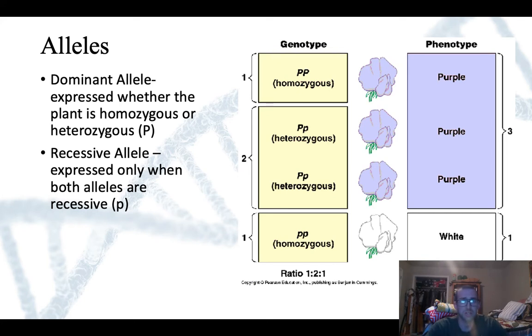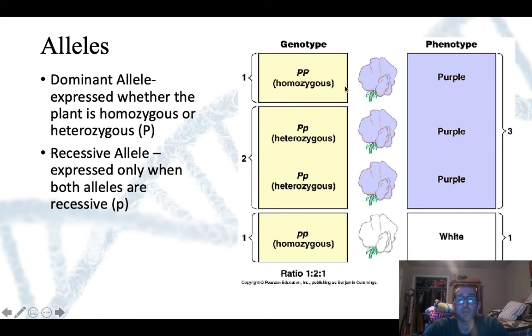What I want you guys to know is that generally you will have dominant alleles that are expressed whether the plant is homozygous or heterozygous, and I'll talk about that in a second. But essentially, if an organism has a dominant allele, that allele is going to be expressed. And then you have recessive alleles, which are only expressed when both alleles are recessive. Right? So as an example, here are